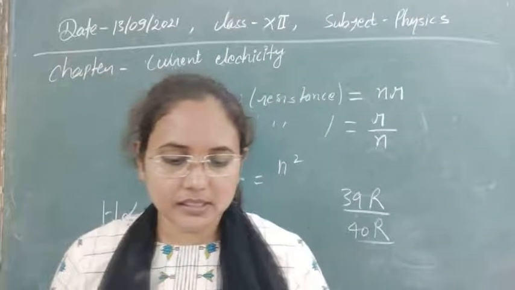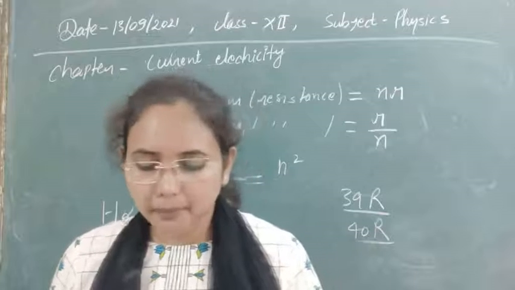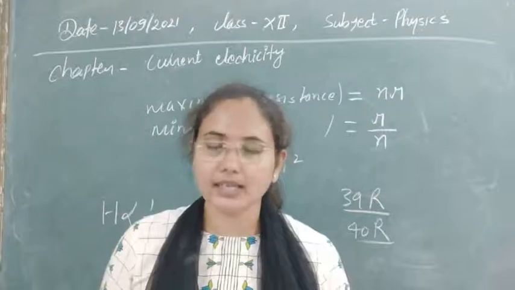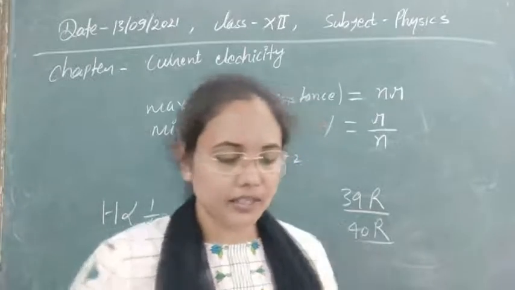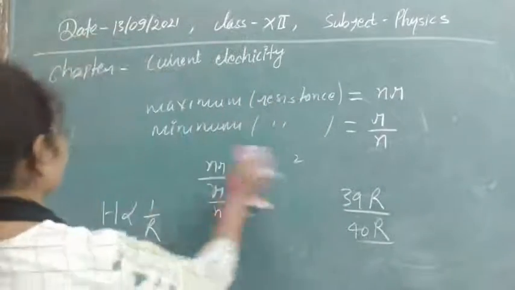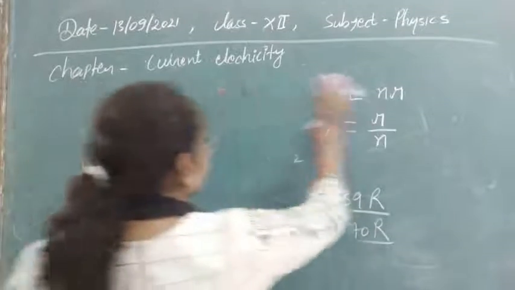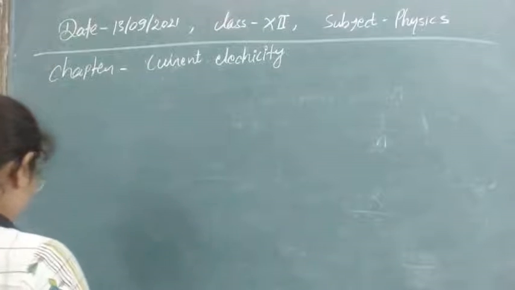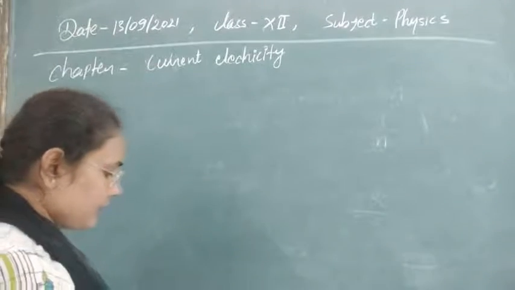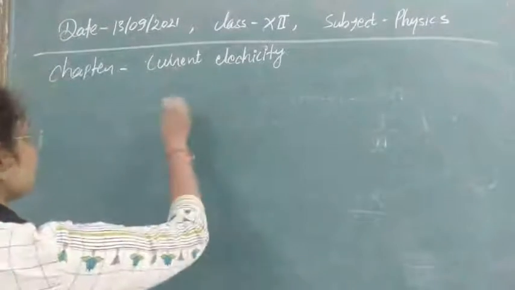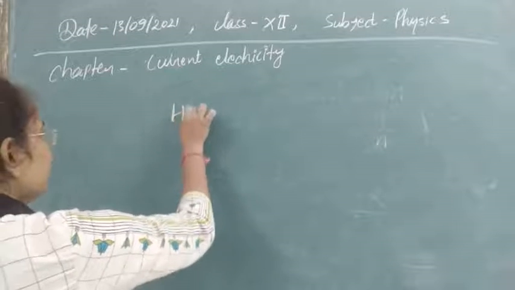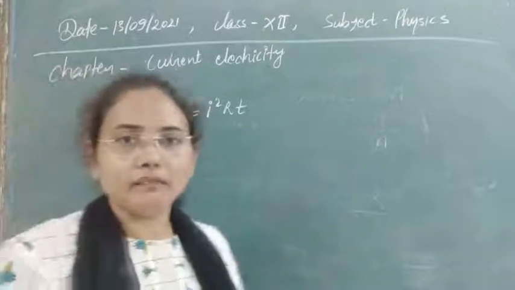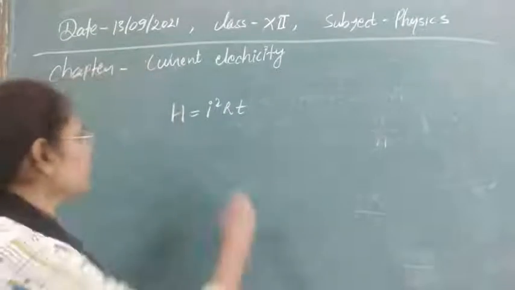Now next question, let's see. A current of 2 ampere passing through a conductor produces 80 joule of heat in 10 seconds. What is the resistance of the conductor in ohms? In our question, the current, the heat and the time are given. We have to find the resistance. Through the resistor, the heat produced is equal to I square R t. So we can find the value of resistance through this equation.